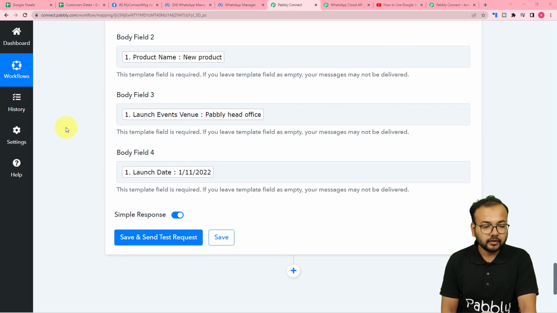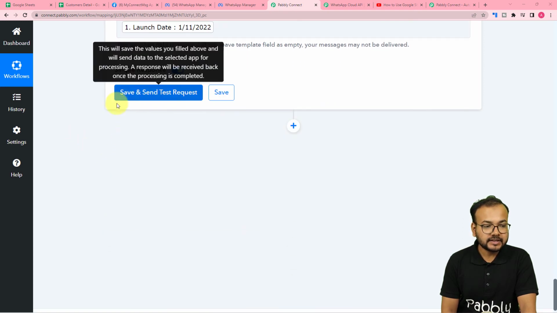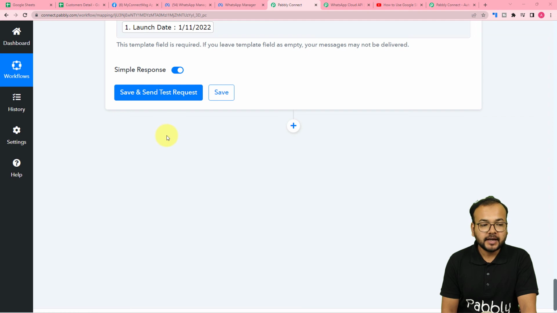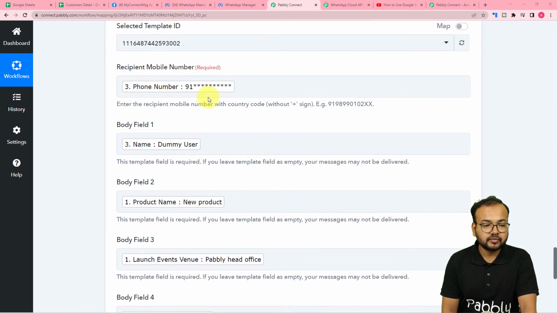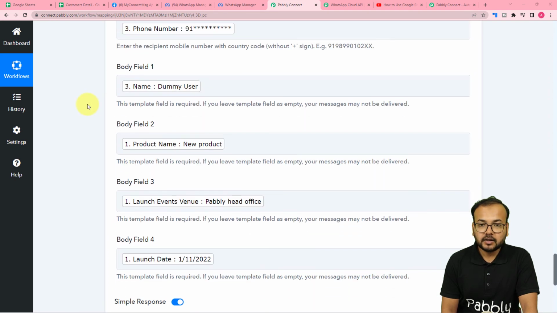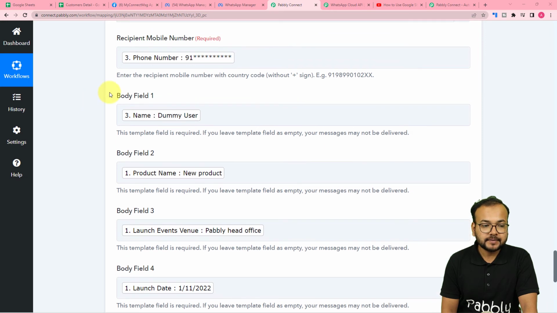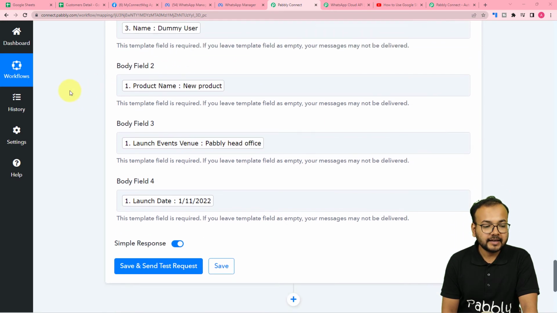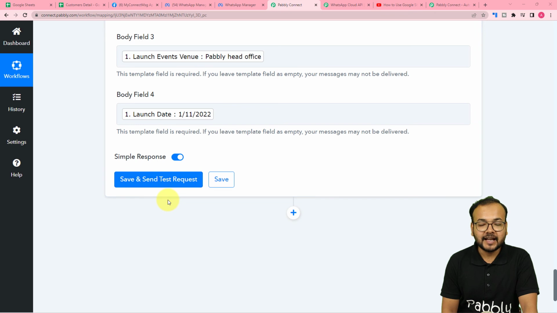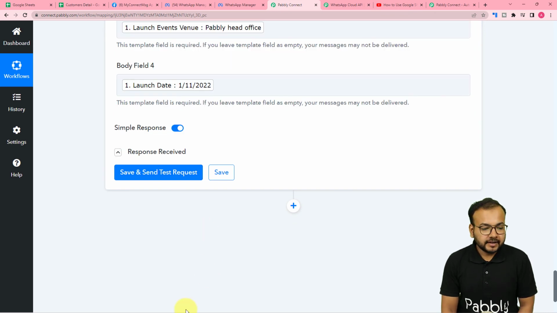Now guys, you can check your connection with WhatsApp by clicking on save and send test request button, and a test message will be delivered to this WhatsApp number. So guys, to show you the demo, I'm going to place my WhatsApp number here. Then I'll click on save and send test request, and I'll show you how the message is going to look like. So guys, I have clicked on save and send test request, and here you can see we have received